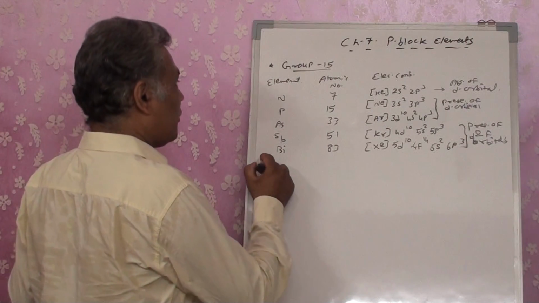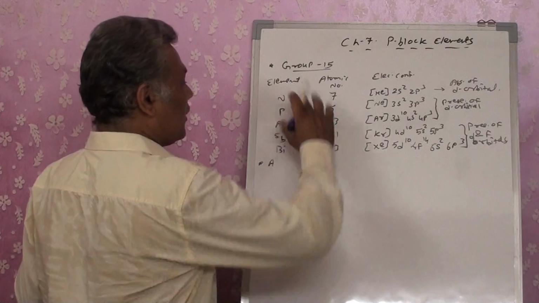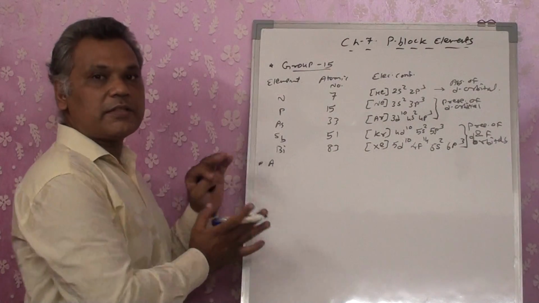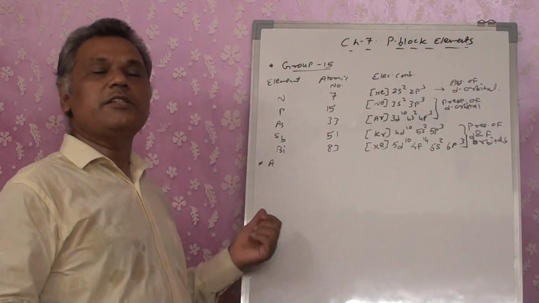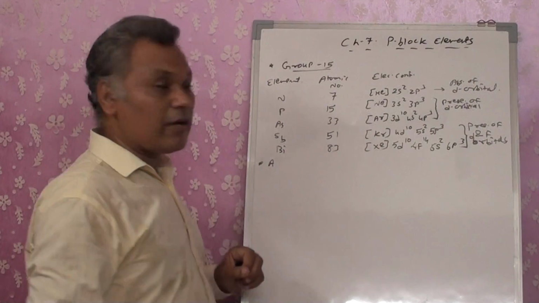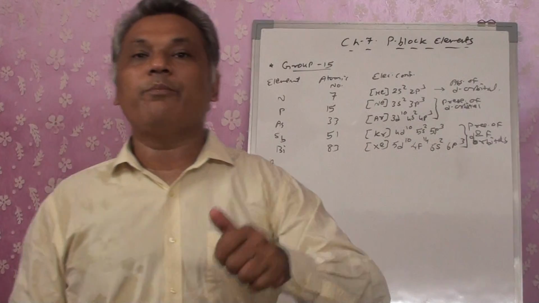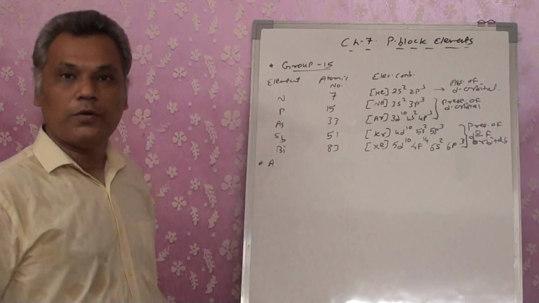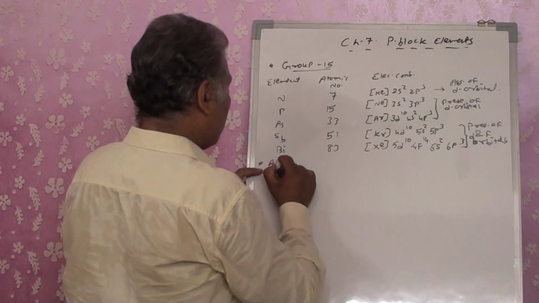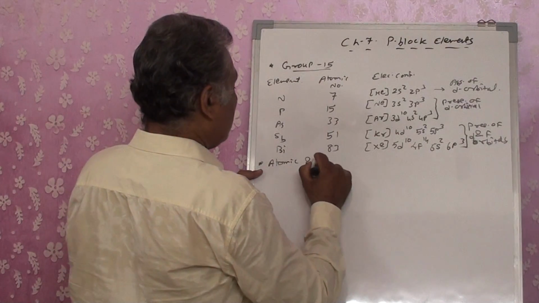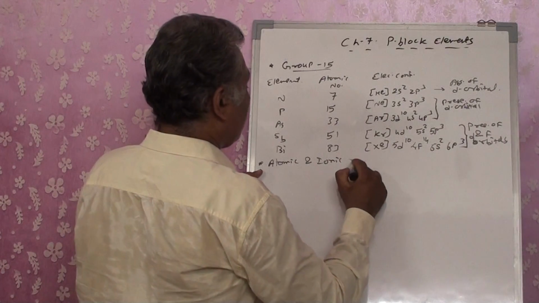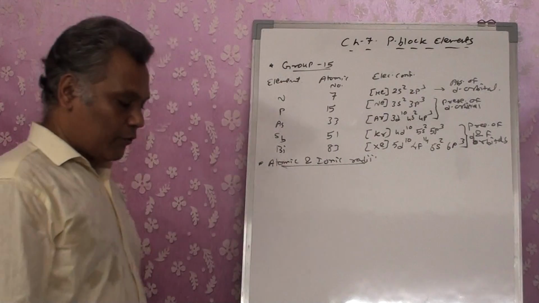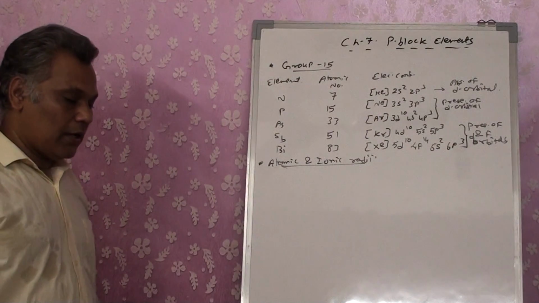So first of all, as we said, we are going to discuss this. Now I am going to put this over here only. Whatever we get, we will discuss it every time. After each trend I will drop this. This will be there with you, and it is going to be very important for you. Even if you need, you can note it in your notebook, right? We will be discussing the first factor, atomic and ionic radii.